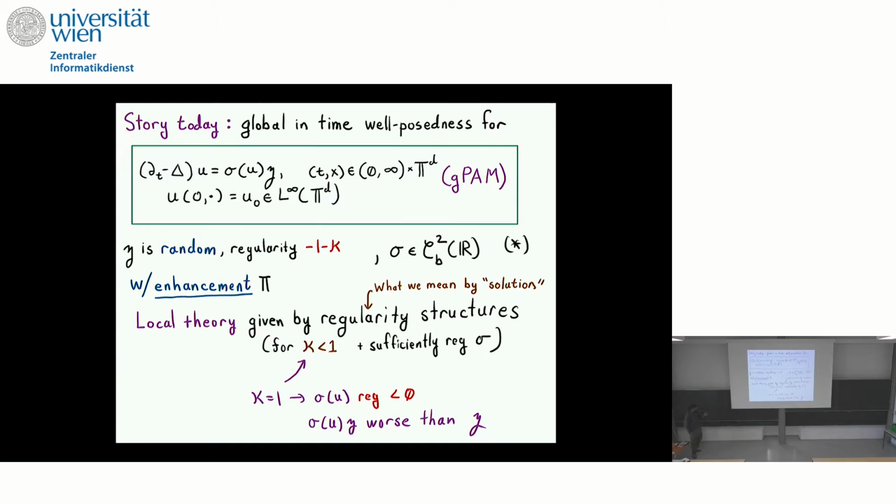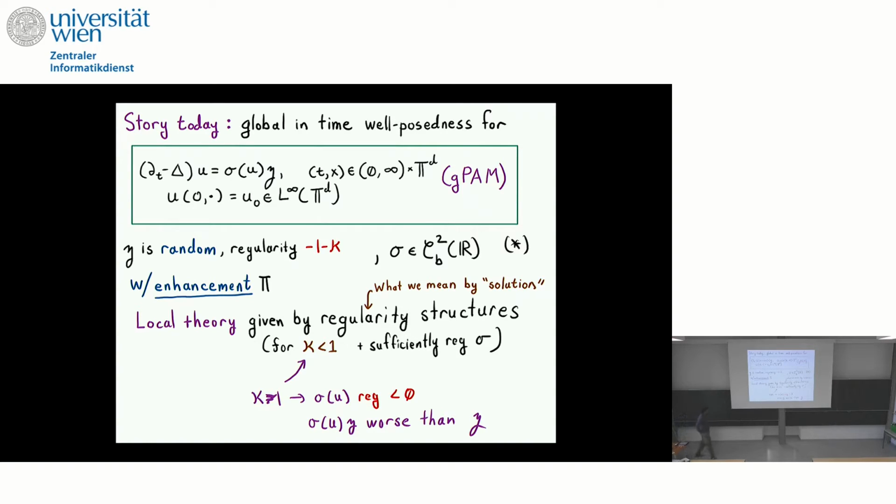This local theory works for kappa positive, and it works all the way to kappa equals 1. I should change this to kappa less than 1, and when kappa is greater than 1,